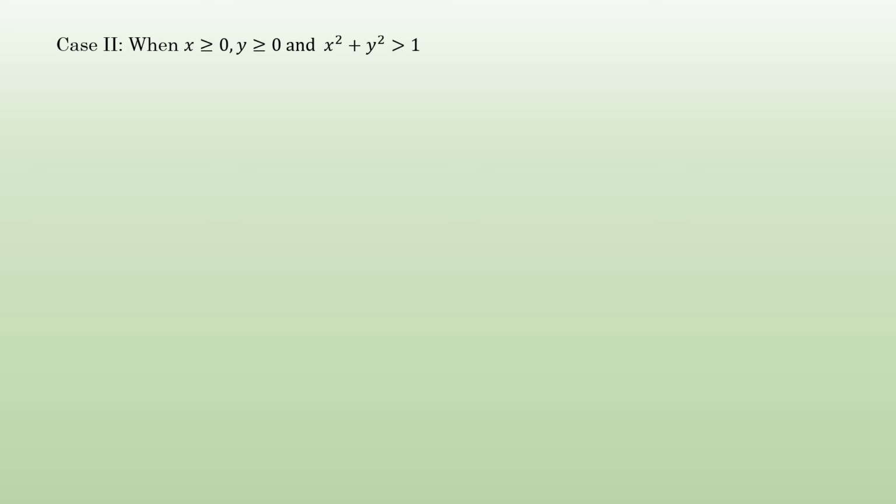So now this is our second case. Second case is x greater than 0, y greater than 0, and x square plus y square is greater than 1. So in this case, x greater than 0 mean up to what? X greater than 0 mean it cannot be more than 1 actually. Okay, it cannot be more than 1,